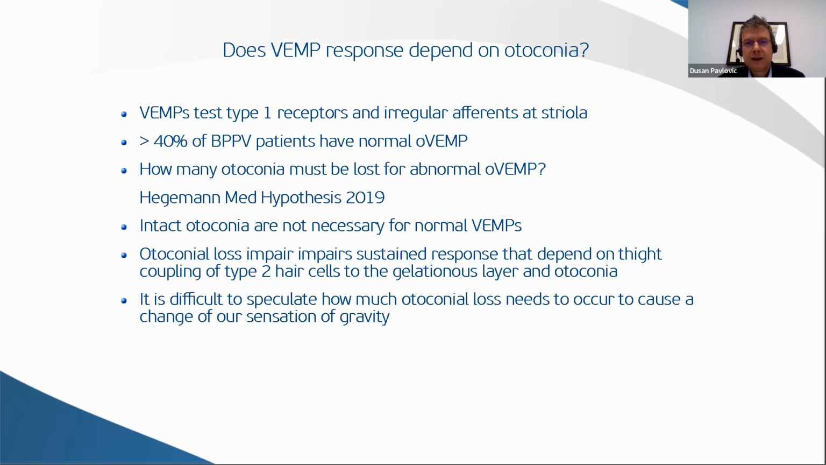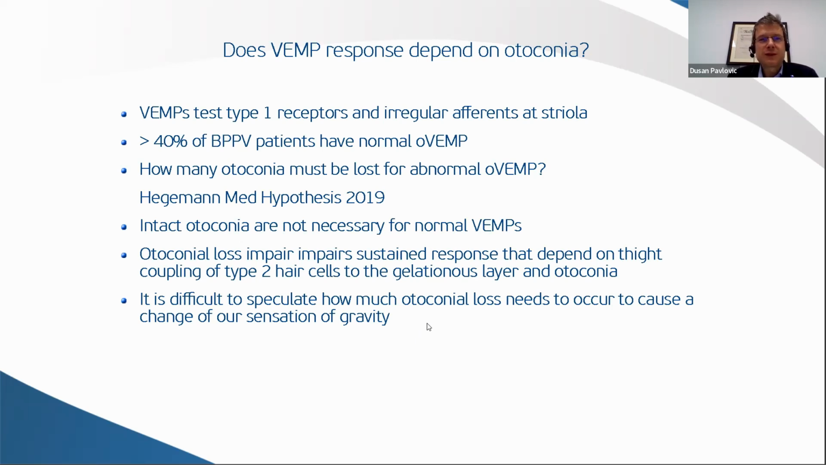We know that for a sustained response from type 2 hair cells, which we don't measure by VEMP testing, we need for their good function a gelatinous layer with otoconia on it. So now it is for rethinking, and it is difficult to speculate how many otoconia need to be lost in order to cause